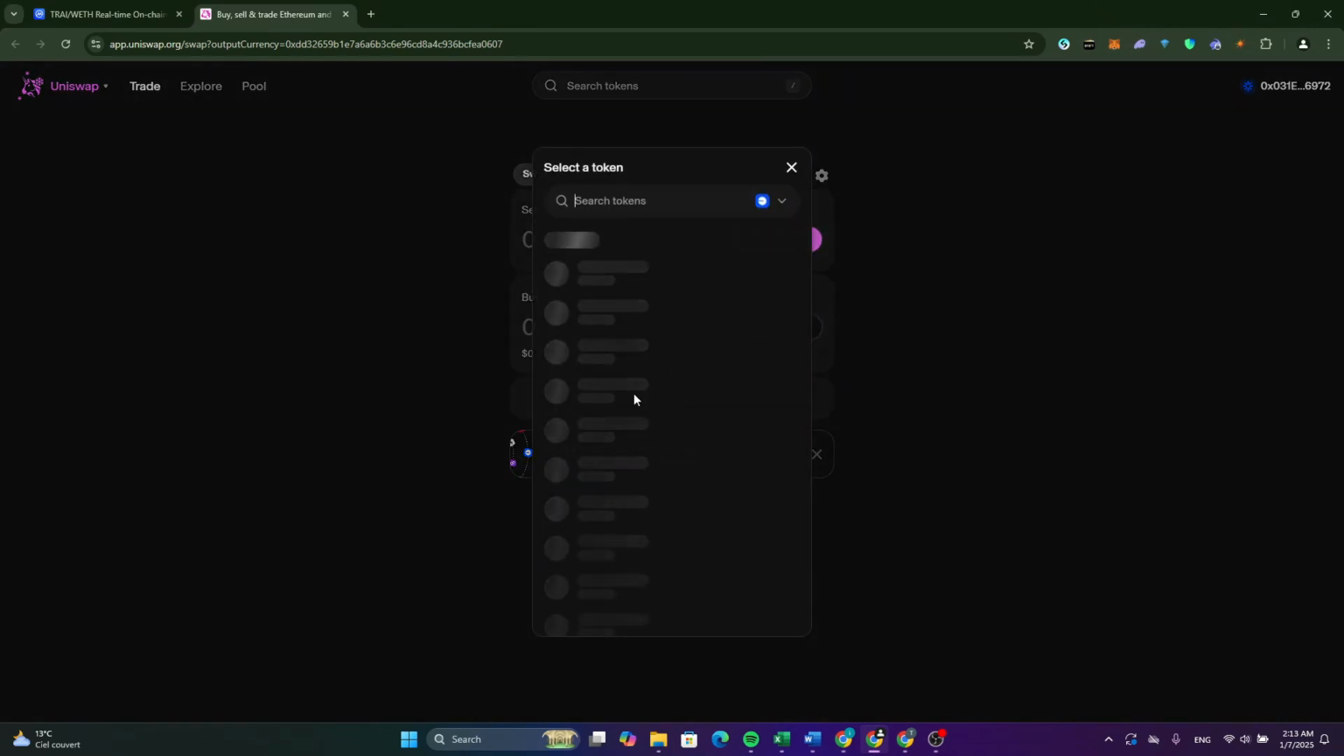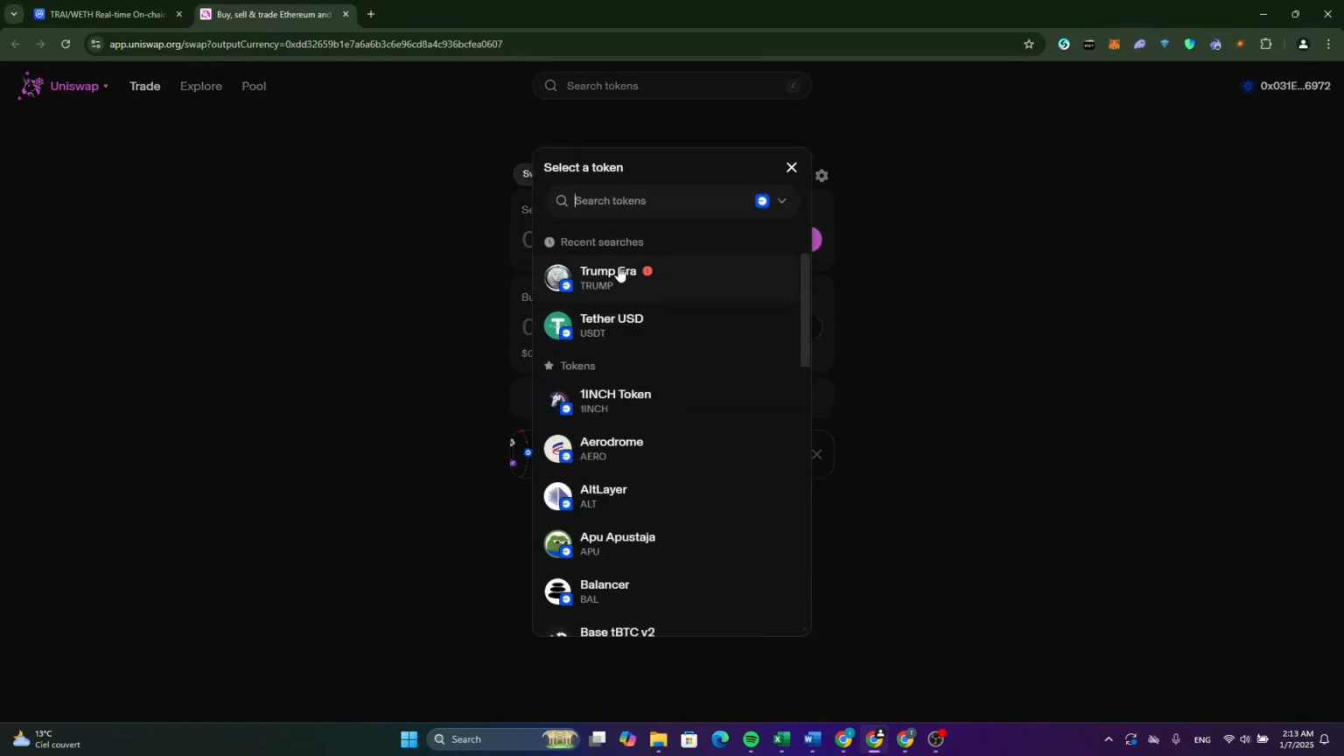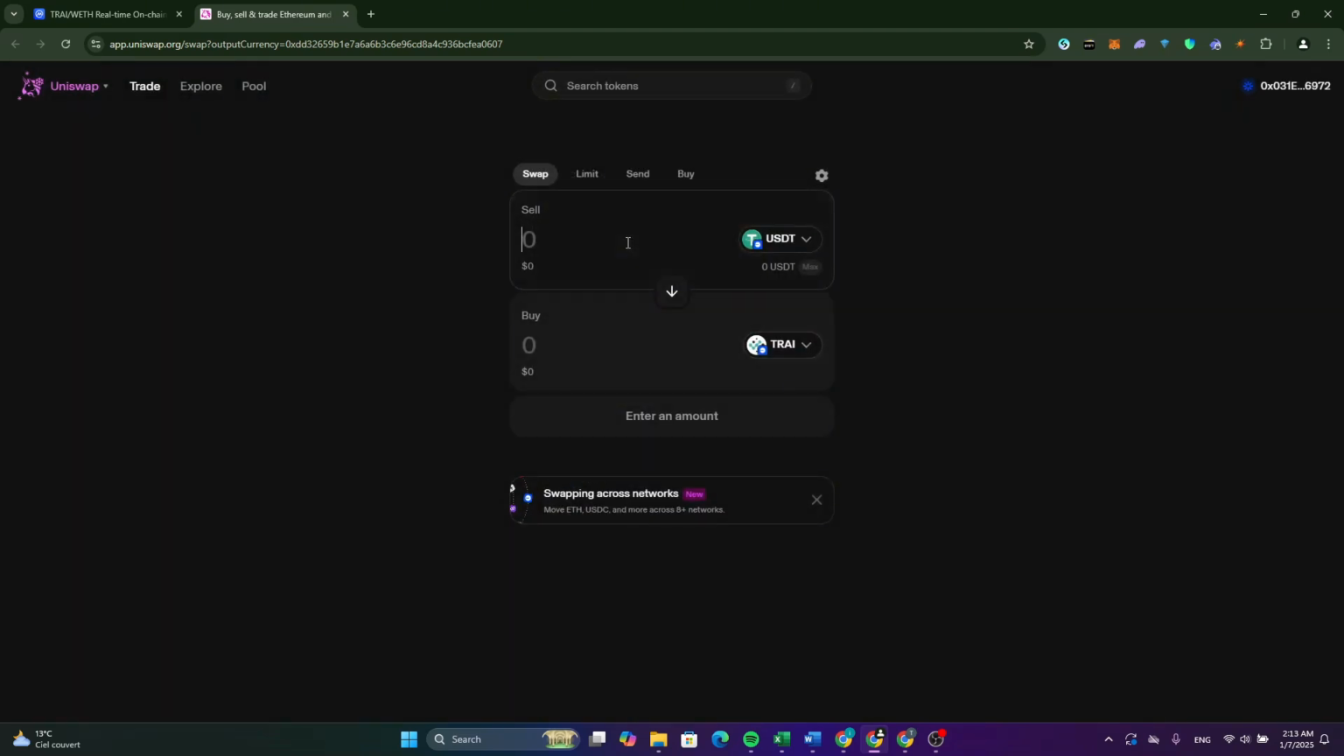Now here select the token that you want to buy with, and after that, as you can see, type here how much you want to buy, but make sure first that you have enough USDT in your MetaMask wallet. If you don't, just go back to your MetaMask and fill your wallet with USDT to be able to buy this token on Uniswap. So this is how to buy the